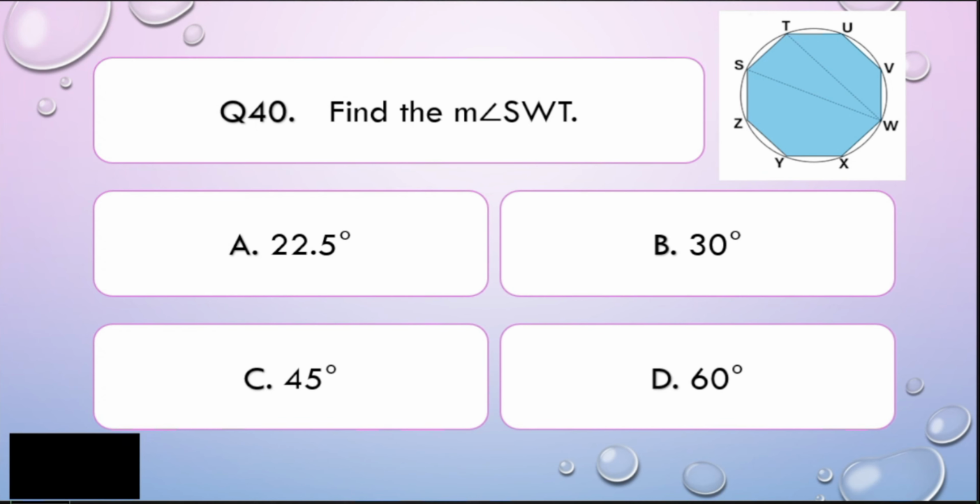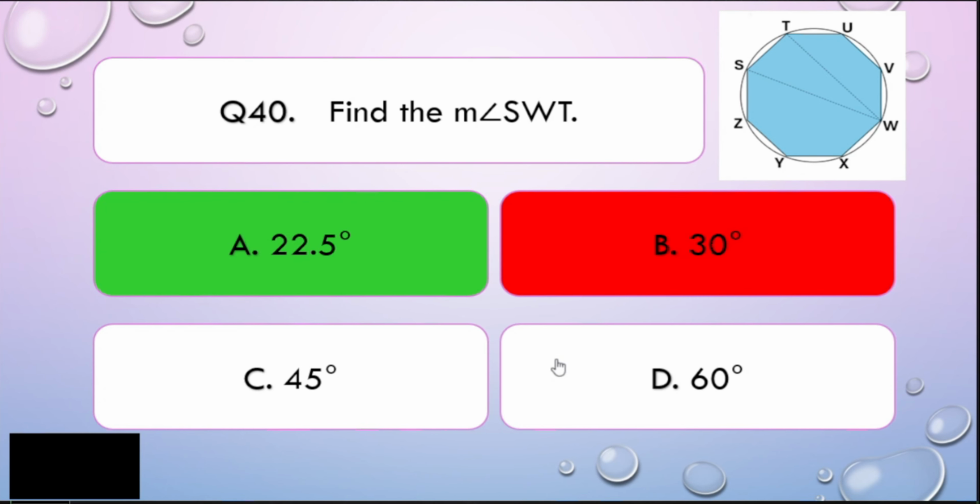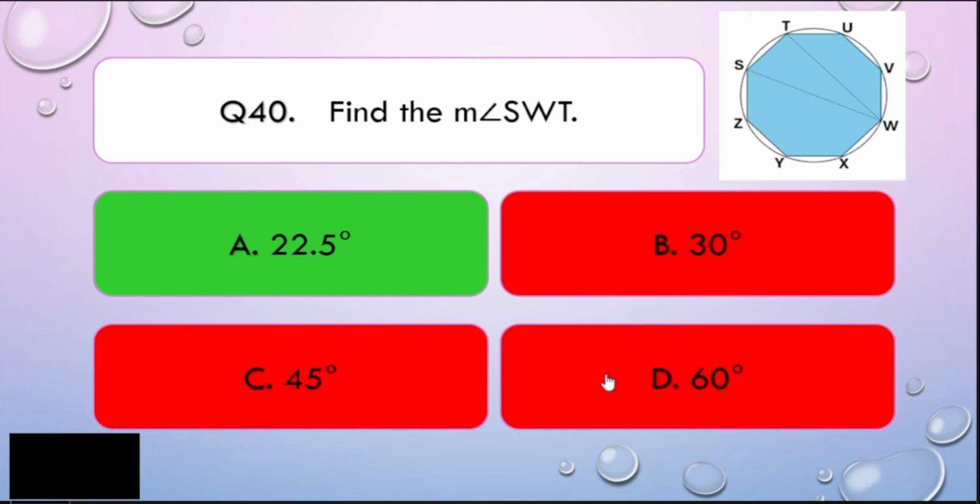Alright, math learners, since we already know the measurement of each arc, this is 45 degrees. Now remember that the intercepted arc is twice as much as its inscribed angle. So in order for us to know the measurement of the inscribed angle, what we need to do is just divide it by 2. So that 45 earlier, you divide it by 2. What is half of 45? Very good. The correct answer is letter A. Alright. Easy, right? Very easy, my dear math learners.